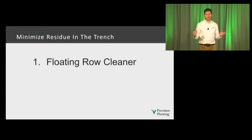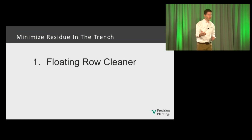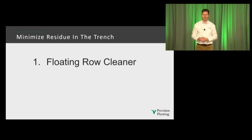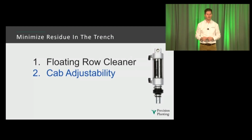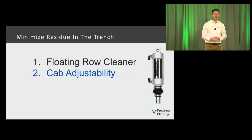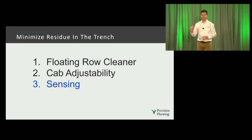Well, we start with a floating row cleaner. Because with a floating row cleaner, we can make cab adjustments now through the field as those conditions change. The simple addition of a Clean Sweep cylinder gives us exactly that ability. Not only that, but we can also add sensing technology to make the right decision on where to set that row cleaner. In the past, we had to rely on our eyes to do that, but it's different now with